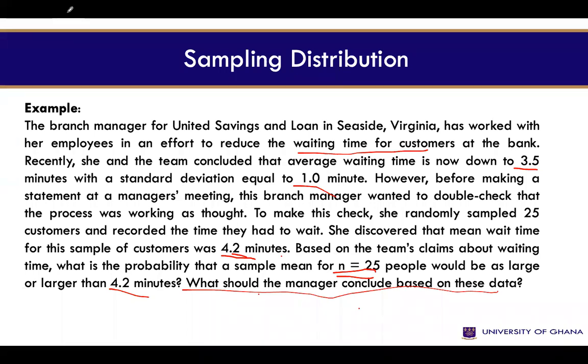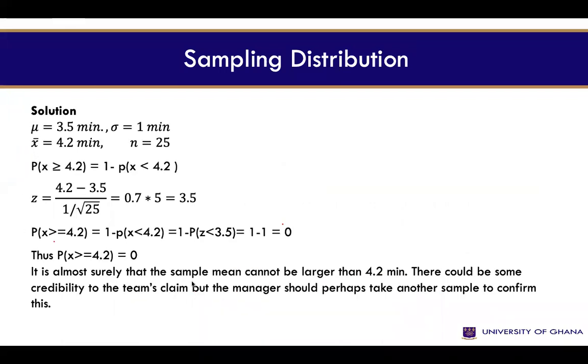The chances that it will be 4.2 minutes or more is very, very low. Yeah. So there can be, as we said, some credibility in her claim, right? Because that 4.2 that she obtained could just be a result of a sampling error. Perhaps if she picks another sample, the mean waiting time would really come down, because the chances of her getting